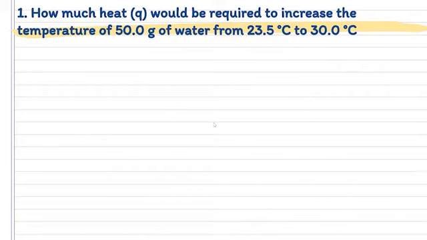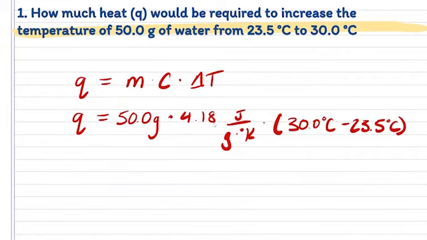With that, we can use our heat equation, which lets us know that heat is going to be equal to our mass times our specific heat times our change in temperature. Since we already have everything annotated, we can just plug those numbers in. My mass of 50.0 grams. Looking at my table, it lets me know that my specific heat for water is 4.18 joules over grams times degrees Kelvin. And my change in temperature, well, we know my final is 30.0 degrees Celsius, and my initial is